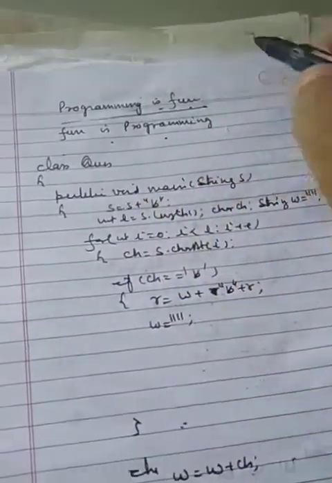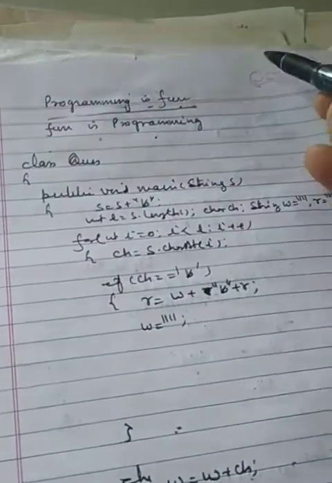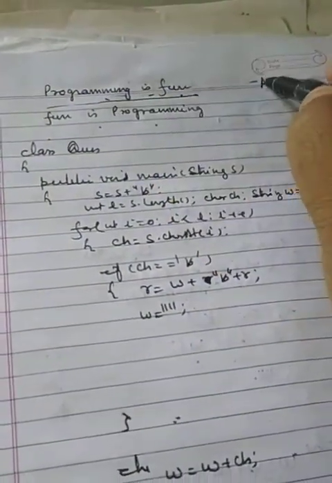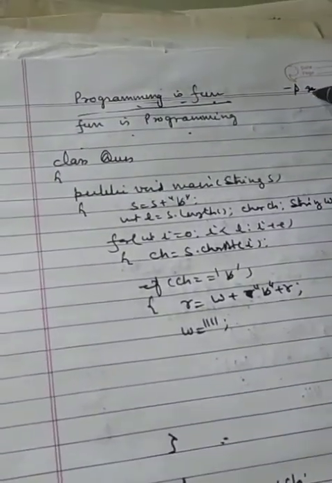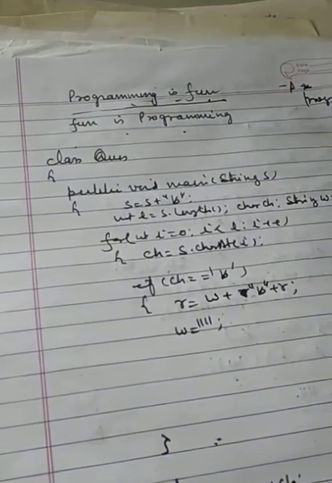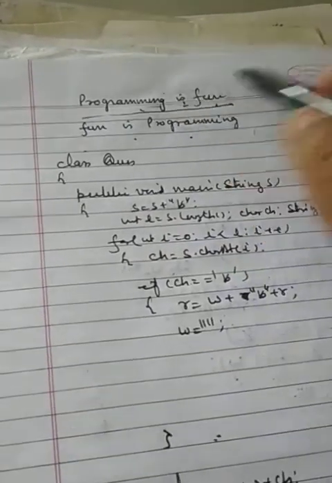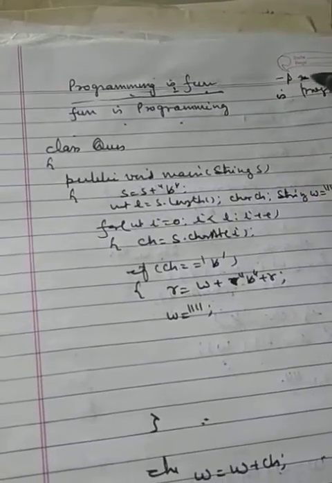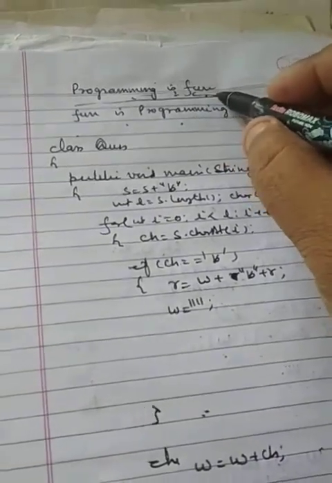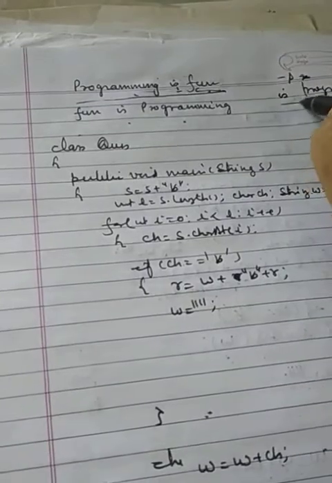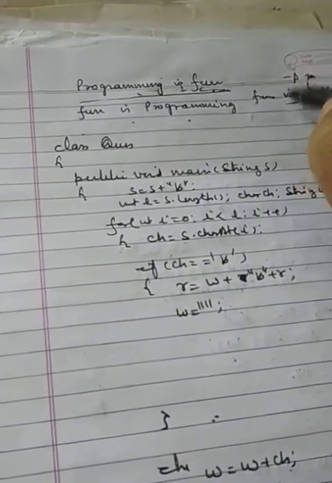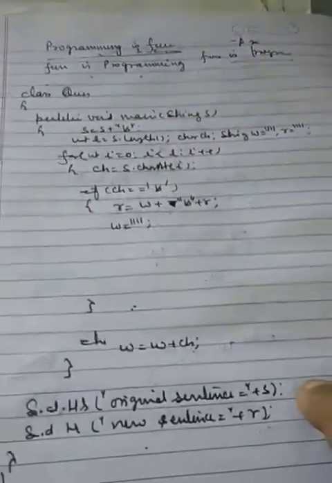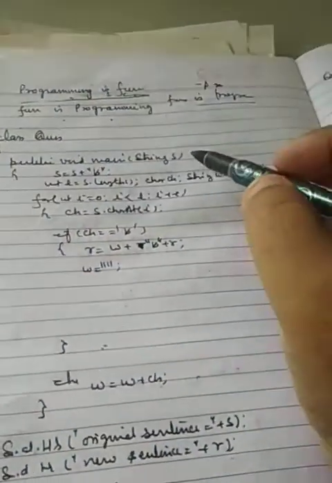So what I am doing here is putting the logic of picking a word from a sentence. The first word I will pick is programming. Then the next word I will pick up is, and I will add the word is to programming from the left hand side. Then I will pick the word fun and add fun to the string is programming from the left hand side, and your sentence will become fun is programming, right? This is the logic. Now how am I going to solve it?